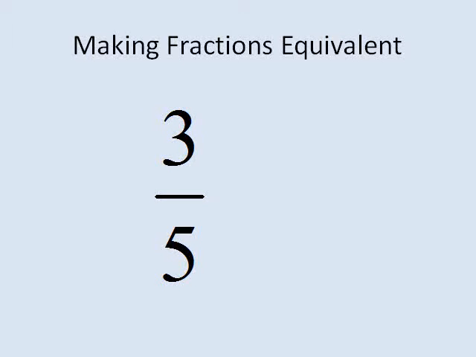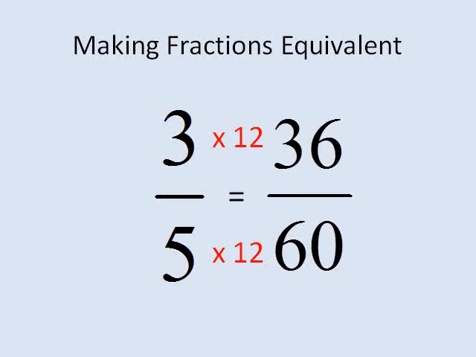Let's use 3/5 again to write another equivalent fraction. Remember, the numerator and denominator must be multiplied by the same number. Let's multiply the 3 and the 5 by 12. 3 times 12 equals 36. And 5 times 12 equals 60. So the answer is